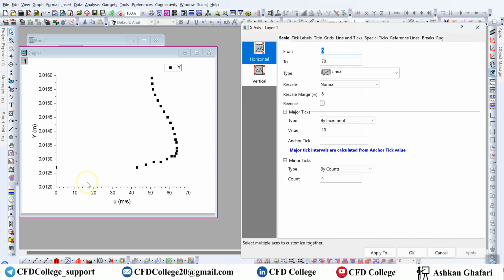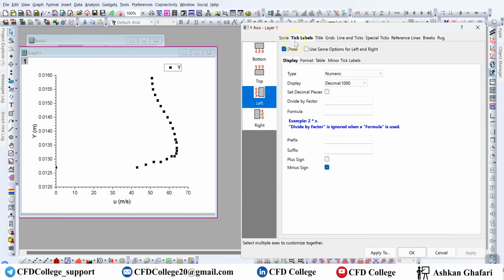So these are some of the modifications. You can change it for y-axis also. And what else? Here is the major ticks distance in y-axis, which is 5 multiplied by 10 to the power of minus 4. And I think it's okay for the scaling, the range, and the ticks, minor and major. Tick labels, as you can see here,